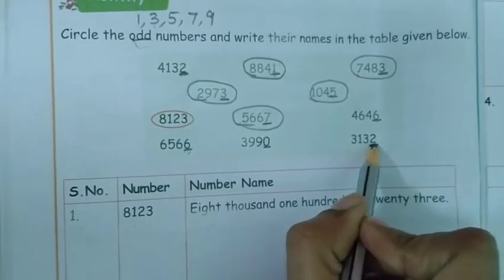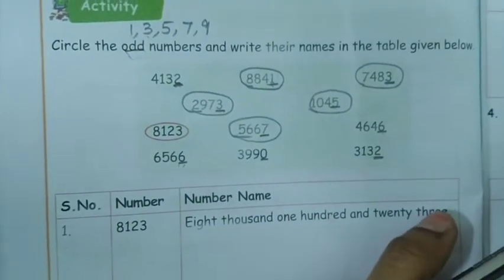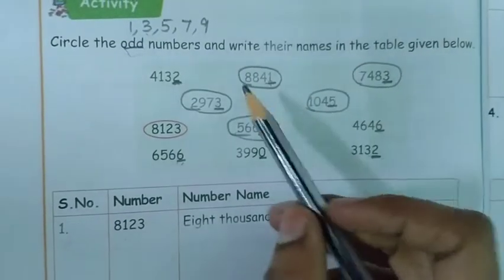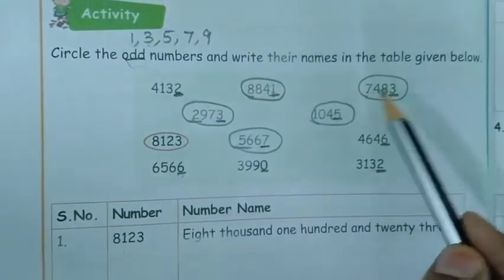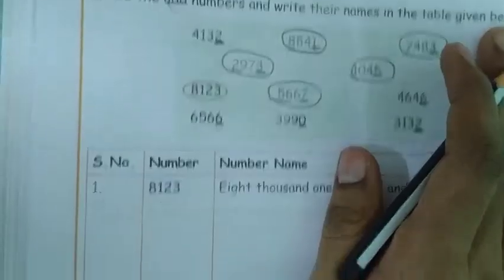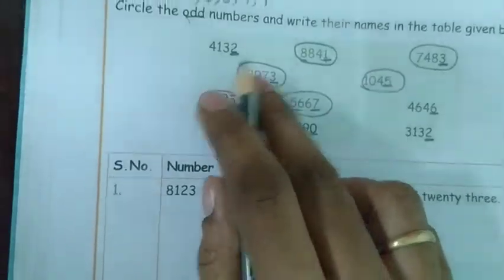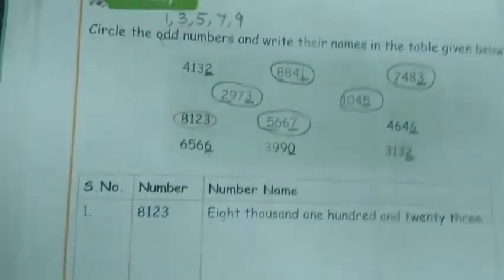Then 2 is also not the odd number. So that's all. Just 1, 2, 3, 4, 5. There are 5 odd numbers. Here they already gave the answer. Include this, which means there are 6 odd numbers.